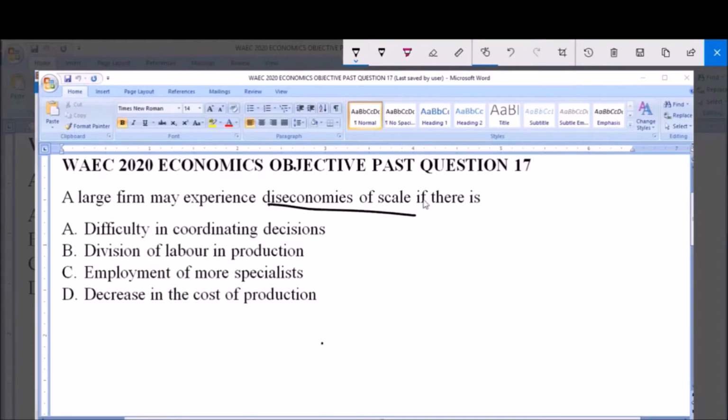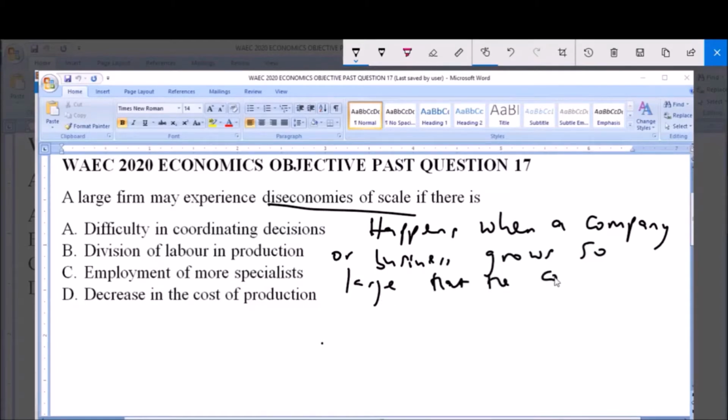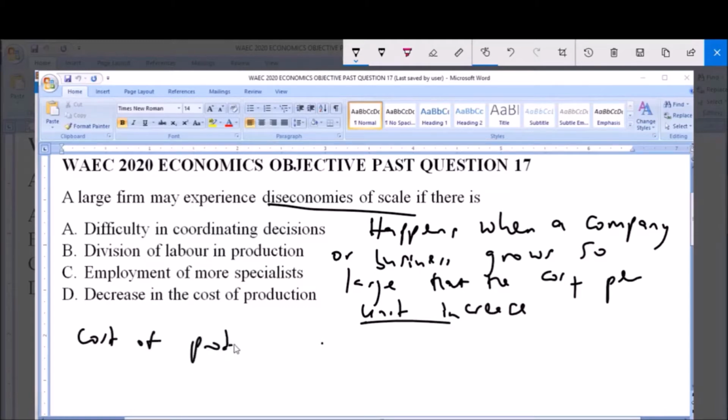Now, the concept of diseconomies of scale. Diseconomies of scale happens when a company or business grows so large that the cost per unit increases. So it's just like saying their overall cost of production increases. Now, amongst the options given to us, the factor that is likely to increase cost of production here is